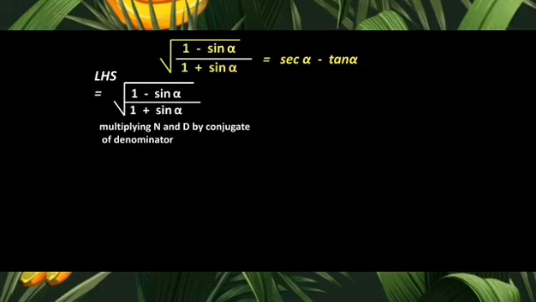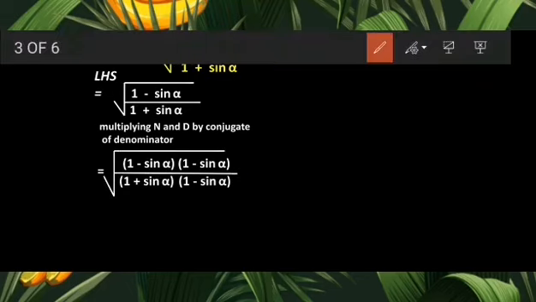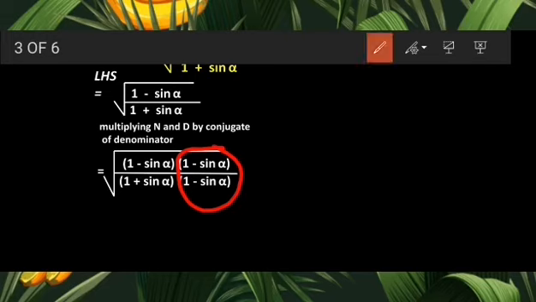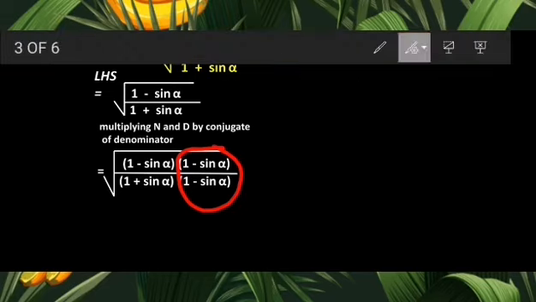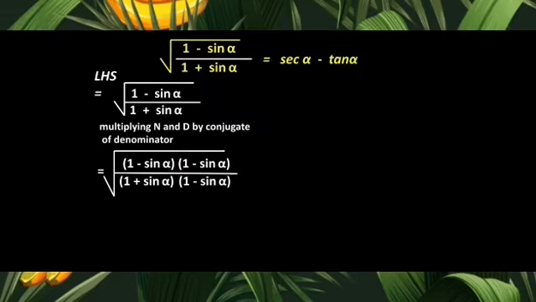Okay. Multiply numerator and denominator by the conjugate of the denominator, which is, that denominator 1 plus sin alpha, and what will be its conjugate? 1 minus sin alpha. See, you can see on the screen. So 1 minus sin alpha, that conjugate is written in the product, correct? And after that, whatever sir is going to tell you now, do not forget that part, because I'm going to give you one more sum with the same condition. At that time you should feel confident enough to solve it.